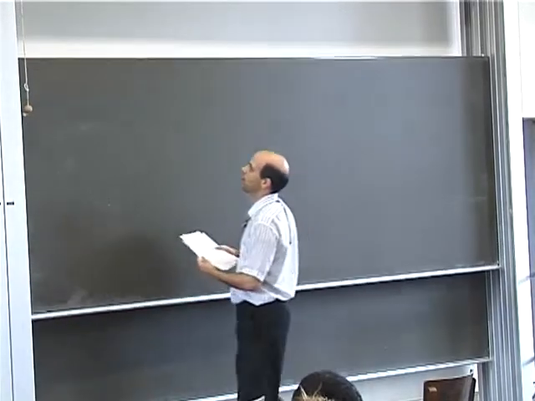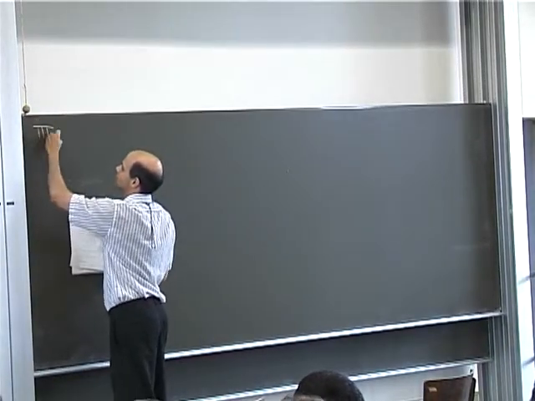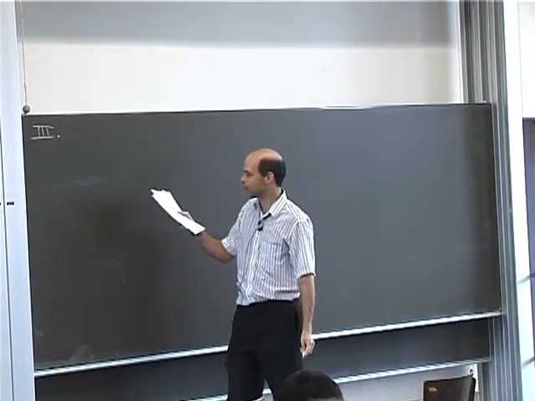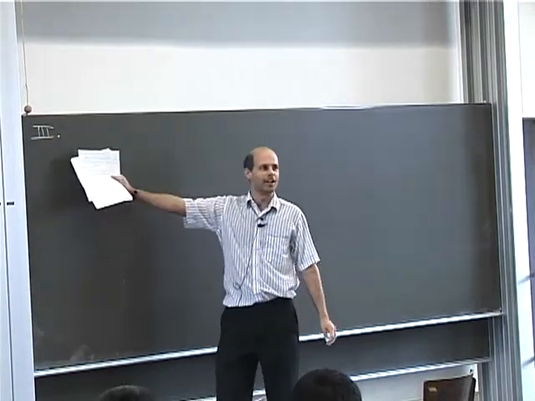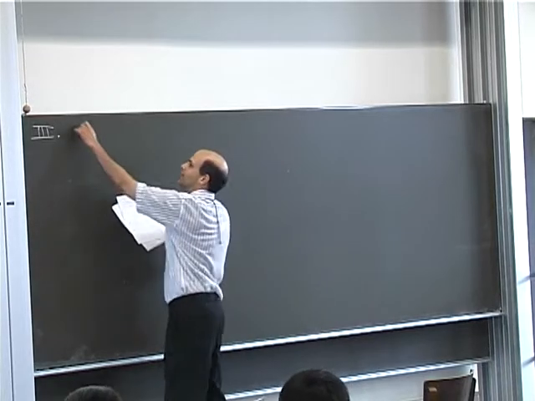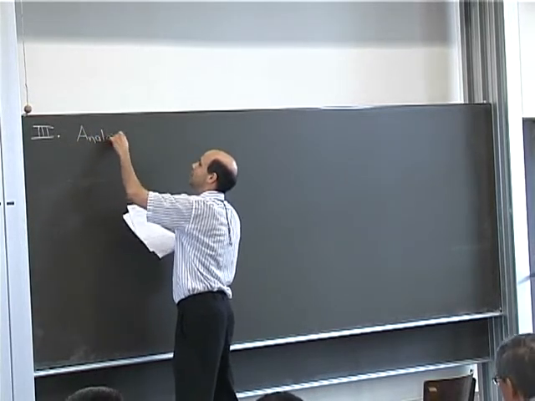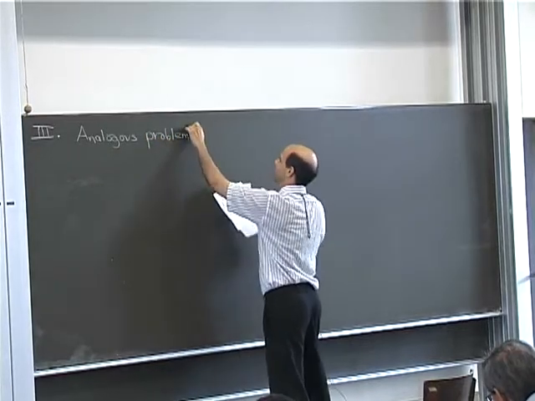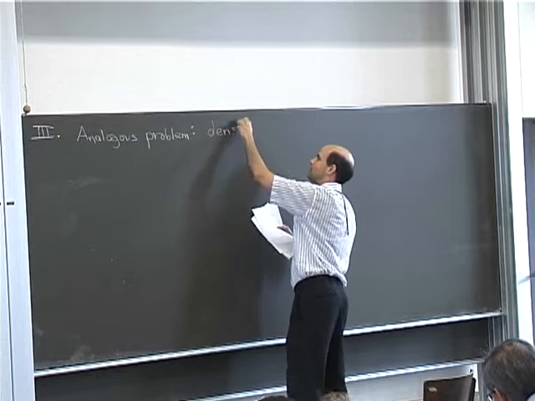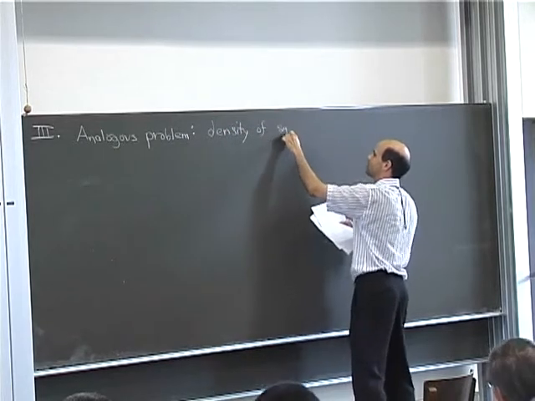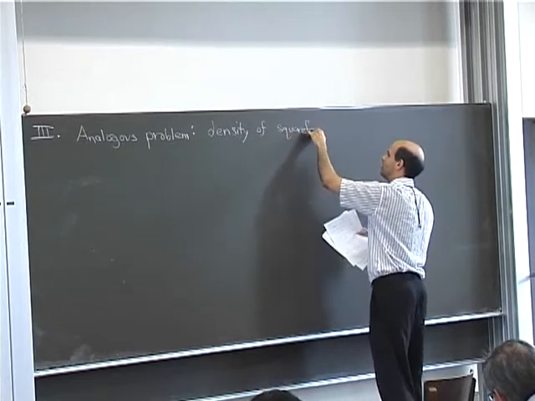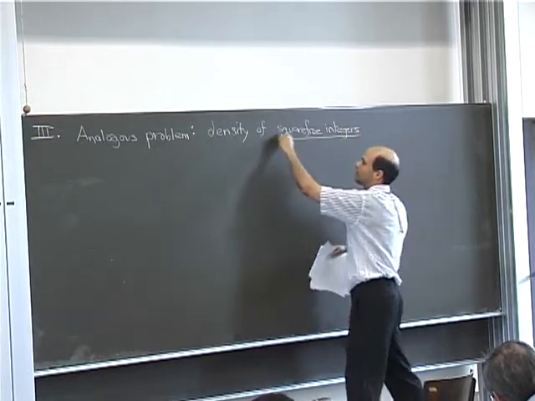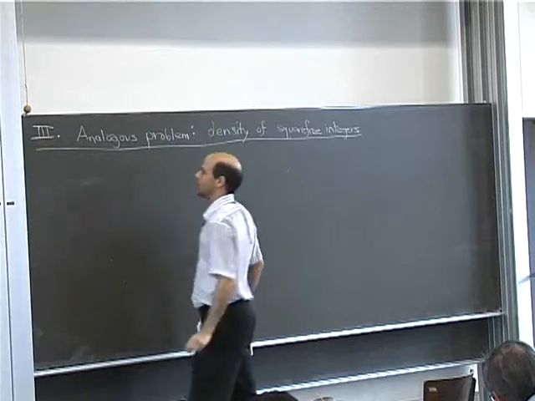All right, so before I give you the proof of this theorem, which, as I said, is going to use a sieve method, let me just remind you how a sieve method works on a much easier problem. It's an analogous problem. It's almost too easy, but let me do it anyway. This is just the question of the density of square-free integers. An integer is square-free if it's not divisible by the square of any prime.